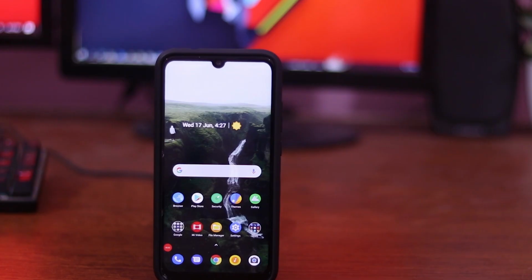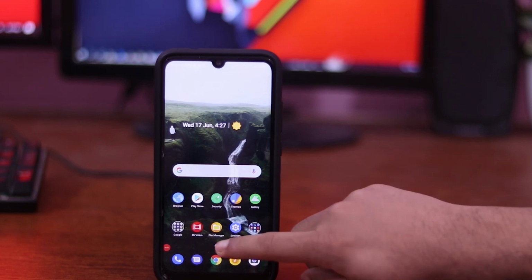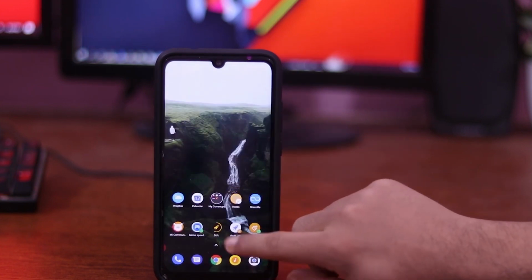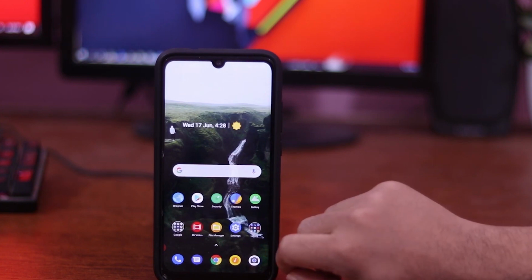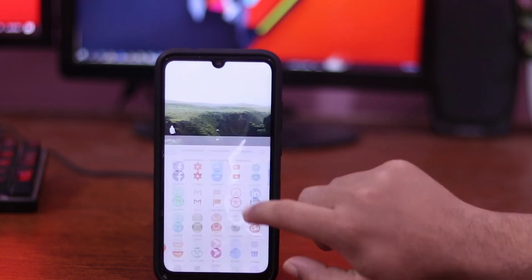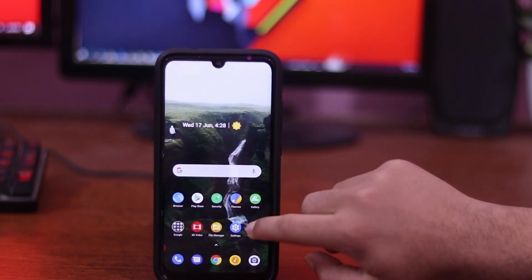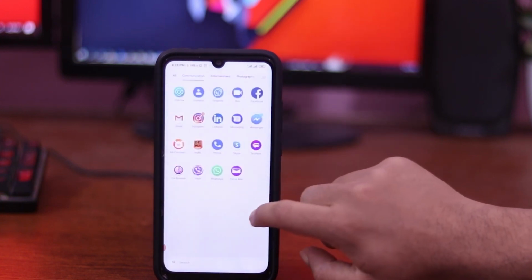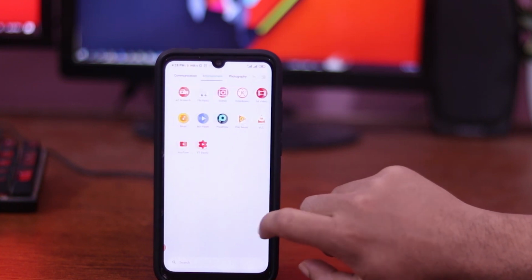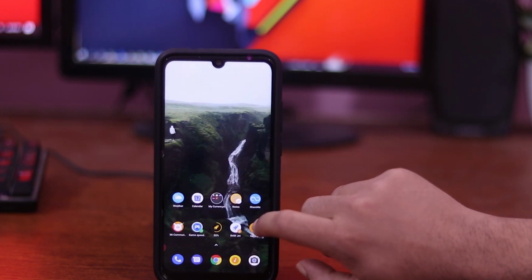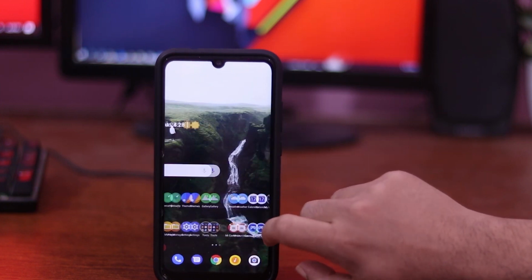So guys, in this video I will show you two ways to play YouTube videos and music in background without installing any additional app. You will find so many apps which are going to give you this feature, but most irritating part of those apps is their pop-up ads and most of them are adware. So in this video I will show you a built-in trick to play YouTube in background with the built-in app and Android feature.